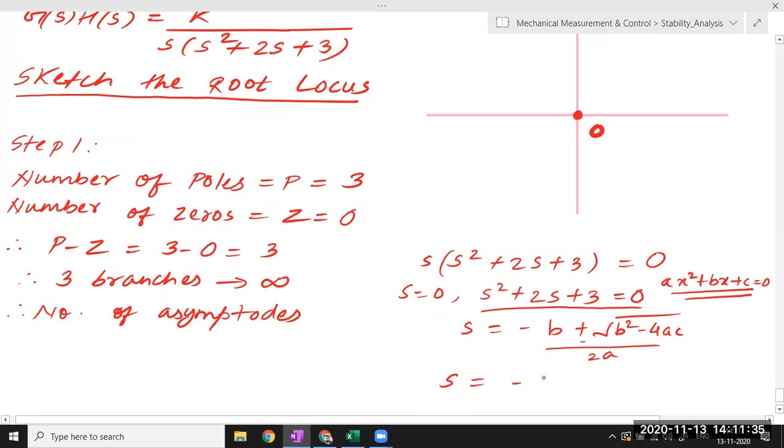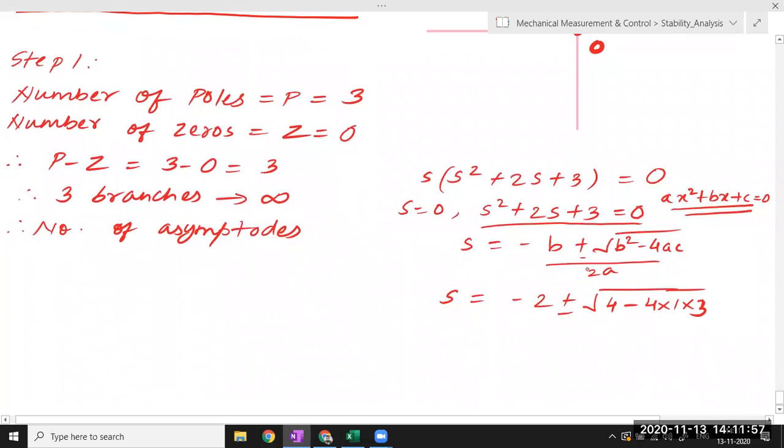So we can directly solve it. S is equal to minus b. What is the value of b? 2, plus or minus square root of b square, 4, minus 4 into 1 into 1. Is everyone okay? 1 into 3, sorry. C is how much? 3. C is 3, A is 1 and B is 2. Upon 2a, 2 into 1. So what we can do is simplify this to get s is equal to,